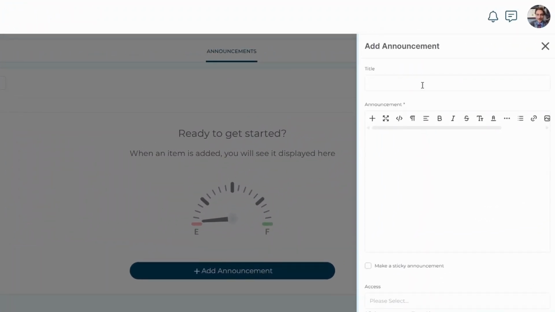As we see, we can give our announcement a title, we have the announcement body, and we also have the ability to make this announcement a sticky announcement, as well as set the access options for our announcement. So we're going to go ahead first and give this a brand new announcement title, and we are going to label this Updated Client Agreement for 2025. And then we can say something to the effect of, we've updated our client agreement